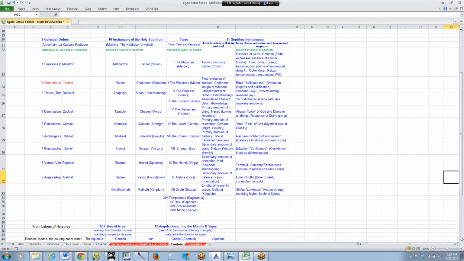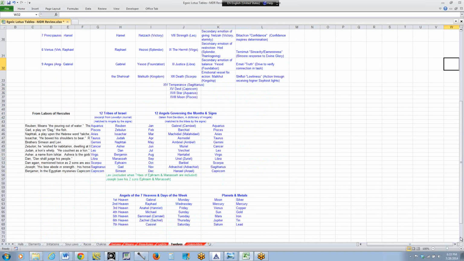I think, again, this relates more to the collected wisdom of the previous solar system and would make a huge and interesting study. And I've mentioned it somewhere along the way, but I'm just not going to get exhaustive about this at the present moment. From the labors of Hercules, we have these. These are the tribes of Judah, the tribes of Israel. Some of them looked at in different ways, with different assignments. The 12 angels according to the months and signs, and again, this is something that can be looked at from different perspectives. The angels in the days of the week,